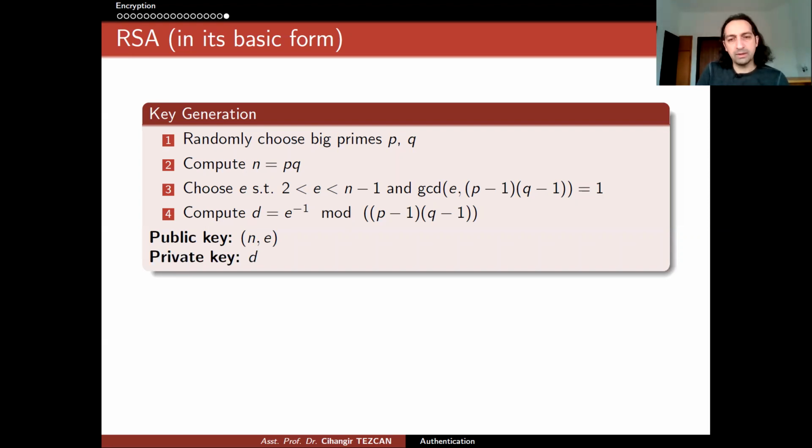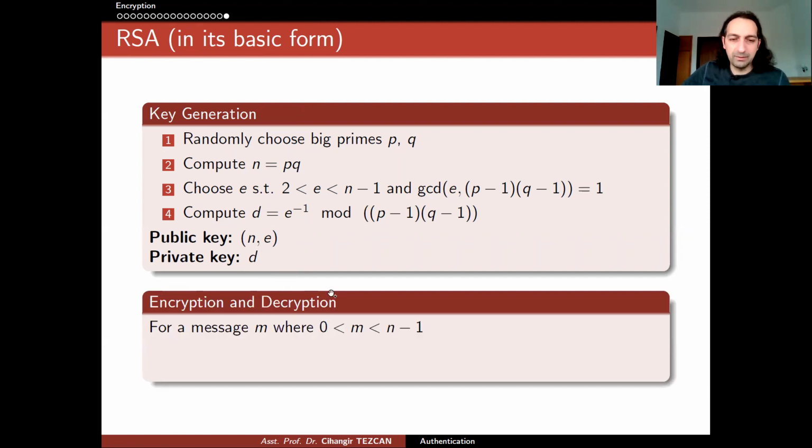It relies on simple ideas and simple arithmetic operations, but again, it is not that easy to factorize N when it is a multiplication of two big prime numbers. Since you know P and Q, you can also calculate this inverse operation, because you know P minus 1 and Q minus 1 and compute this. So this is why only you know D and other people only know N and E.